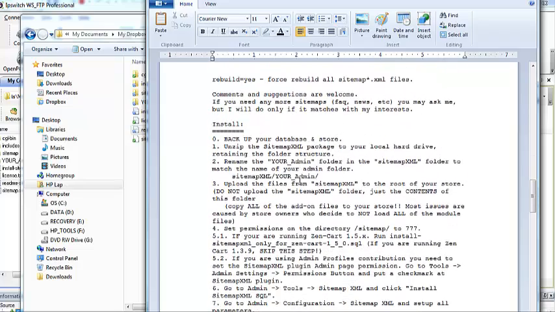Install: back up your database and store, normal. Unzip the package to the local drive, which I already have done. It says to rename your admin folder in the sitemap folder to match the name of your admin folder, and we don't ever do that when we're working with other carts. So